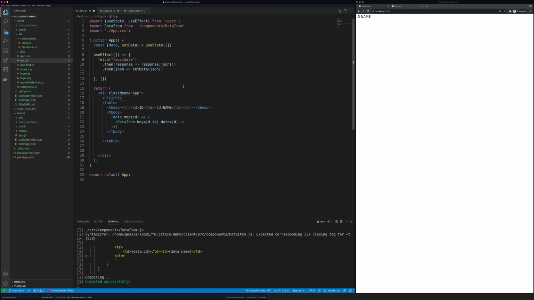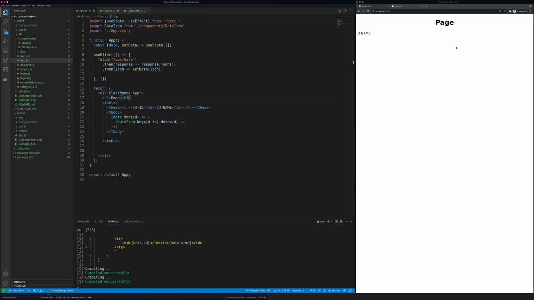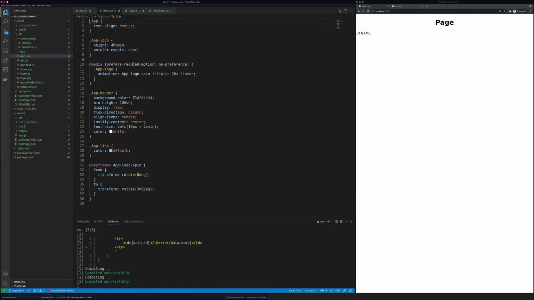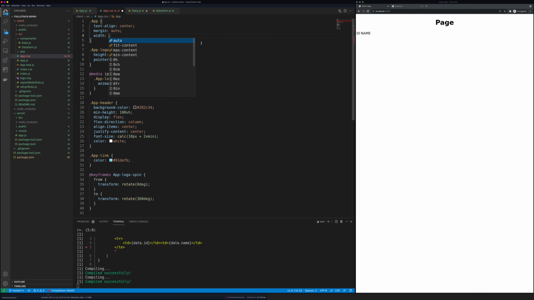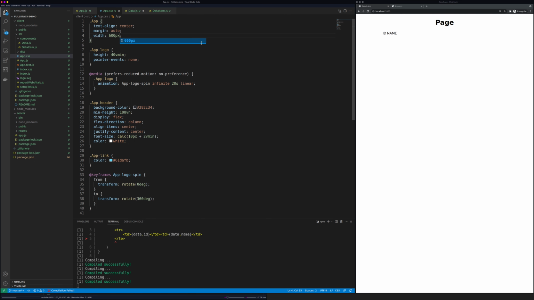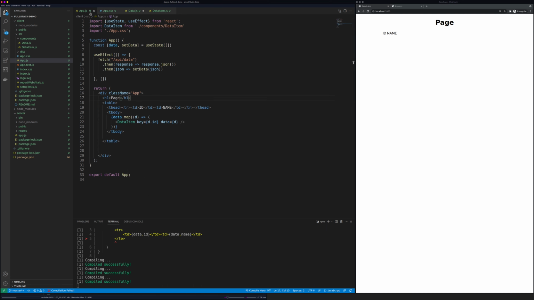Let's add some header here. This is just a page. Okay, fine. And we'll have this app.js. We can just have something like this, so it's a bit prettier. And now we would like to have the backend working here, so let's go with the backend